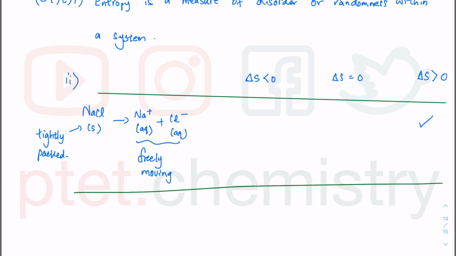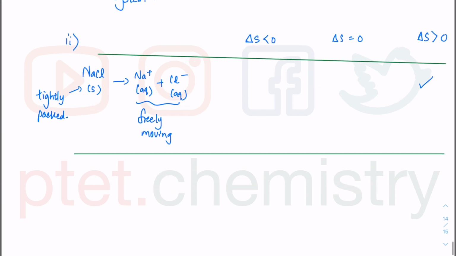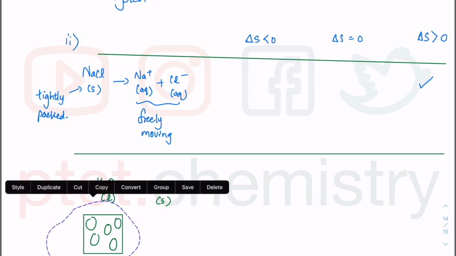And for the second bit, what do we have? We have water solidifying to ice. Oops, what I meant is H2O liquid, which is water, going to H2O solid, which is ice. When you think about changes in state of matter, you can hopefully see that liquid has got a bit of space in between, and if I copy that and paste that,